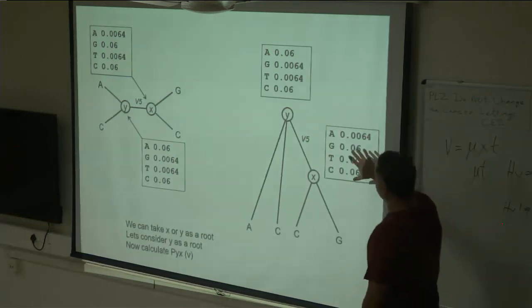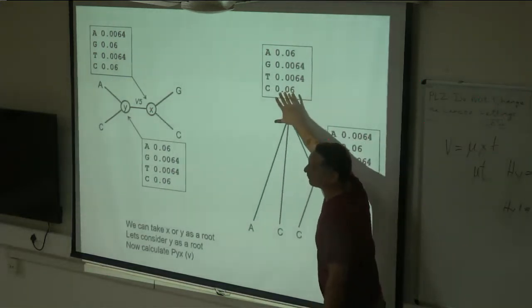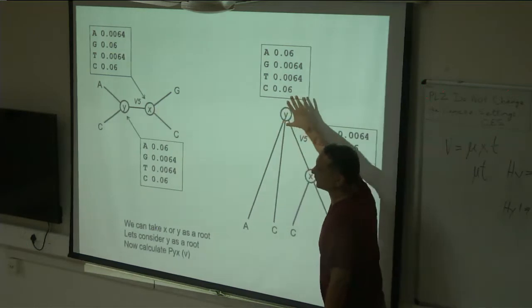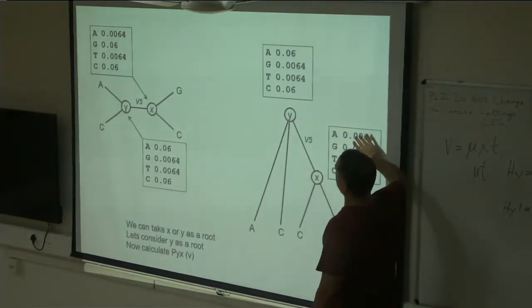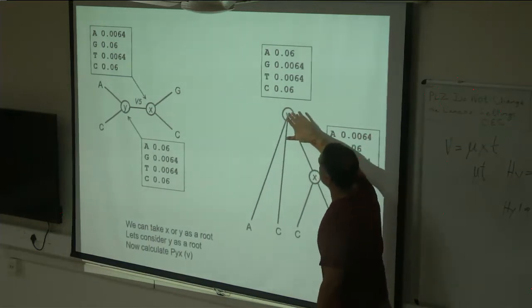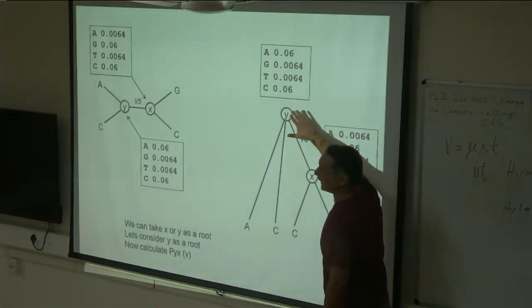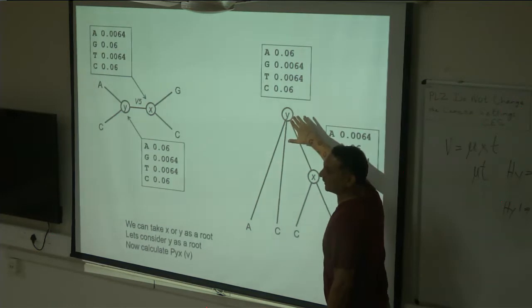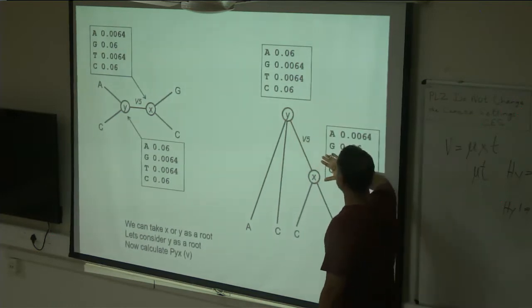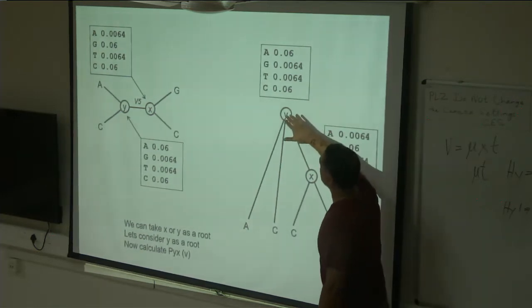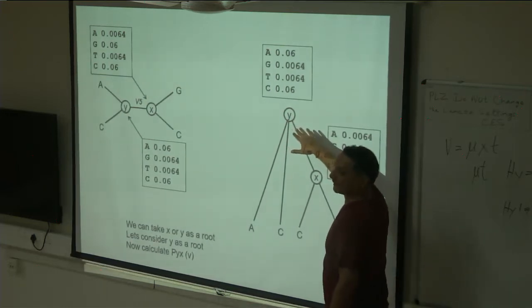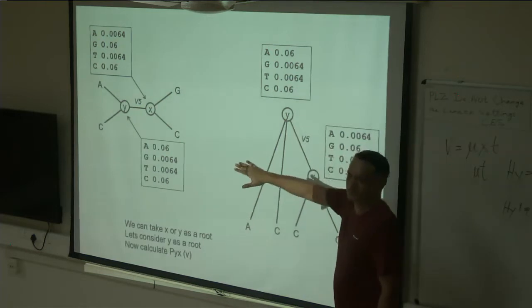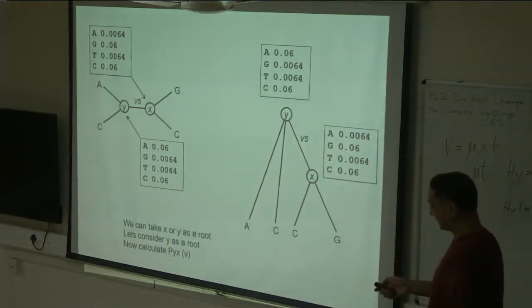So now we have to go from here to here. If it were A and this was C, T, G and A, what are the probabilities? If this were G and this was A, G, T and C, what are the probabilities? So we have to do 16 calculations.